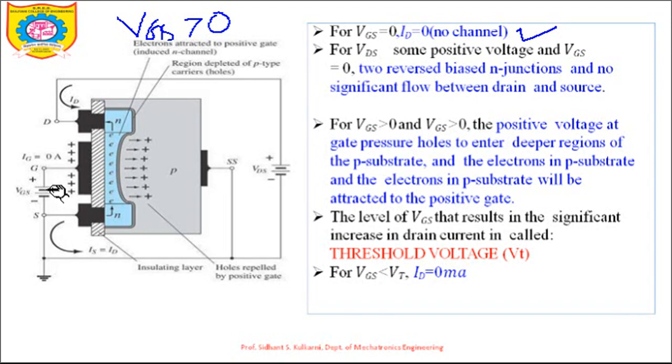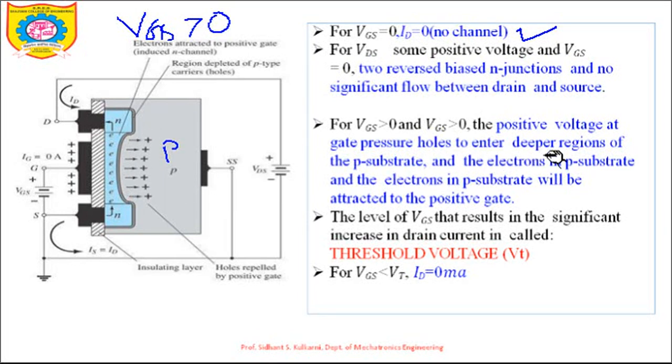Due to this forward biasing of the gate to source, this positive terminal will repel the holes, because this is a p-type substrate which has an abundance of holes. These holes will be repelled by this positive terminal of the battery, thereby creating a vicinity. This vicinity now acts as a channel. So the voltage at which the channel gets established is called the threshold voltage, that we will see very soon. Once VGS reaches a certain level, these holes are repelled by this positive terminal of the battery, and this vicinity is created. This vicinity thereafter acts as a channel.